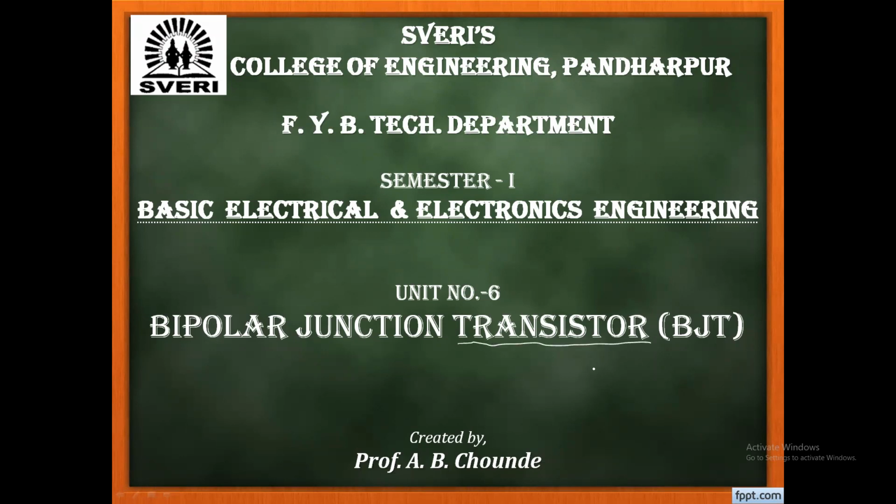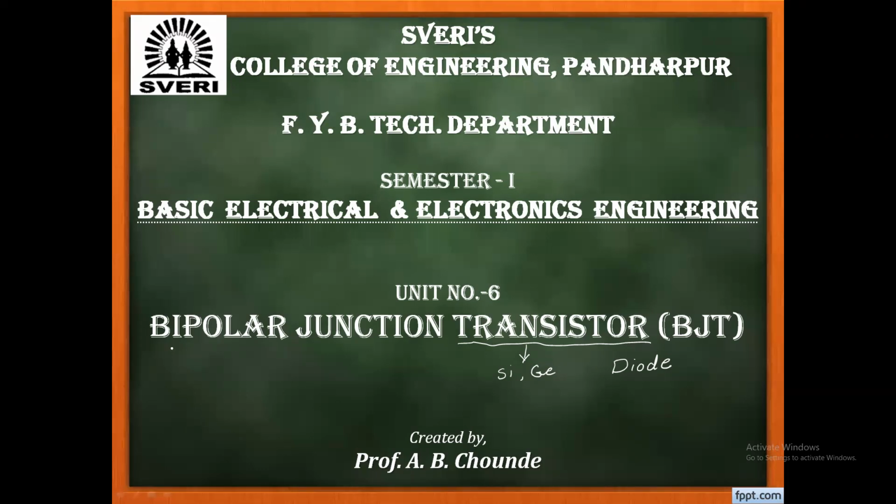Okay. So first, before that, in the previous topic, we discussed the diode. Diode is the first basic component. And now the second component, we call it a transistor. And one more thing is that this transistor is also made with silicon and germanium. It means that the transistor is also made up of semiconductor material here.